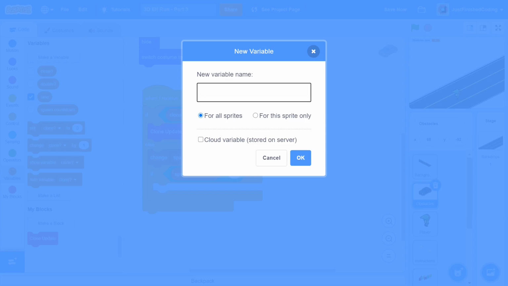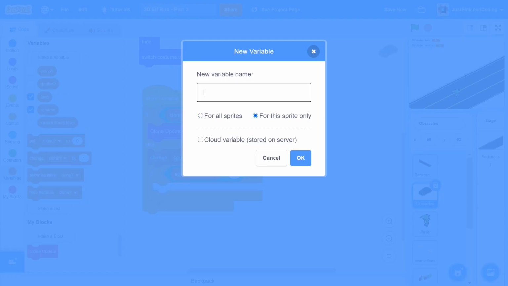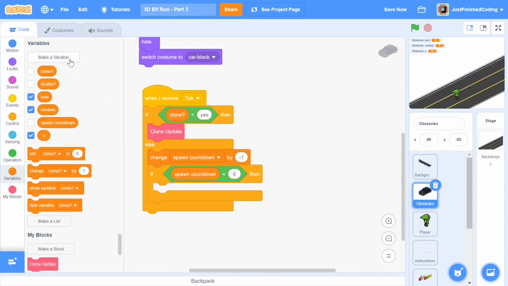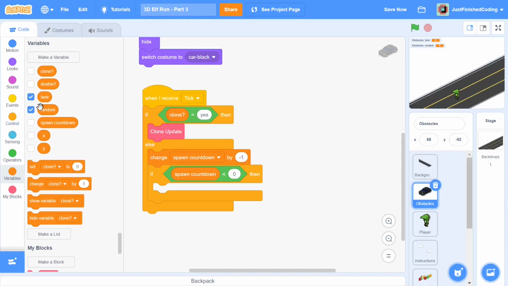We could just have a pick random and that would work fine. But what the car does need is a random number, and the random number is useful when we are deciding the lane. So you can just set this up for the sprite only, just like this. Now each car is also going to have an X and a Y to make sure that the car can move around in coordinates which are not represented in the X and Y grid. So you can just set them up this way, and that is pretty much all you need.